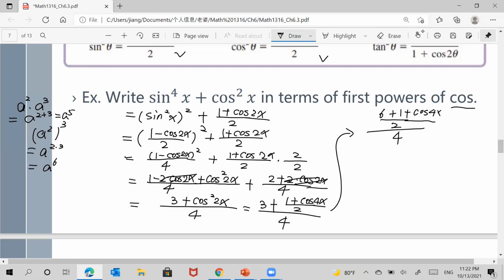So divided by 4 means times 1/4. So that means times 1/4, just step by step. So 6 plus 1 is 7 plus cosine 4x. So divided by 2 and multiply by 1/4. So 2 times 4 is 8. So 8, 7 plus cosine 4x. That equals 7 over 8 plus